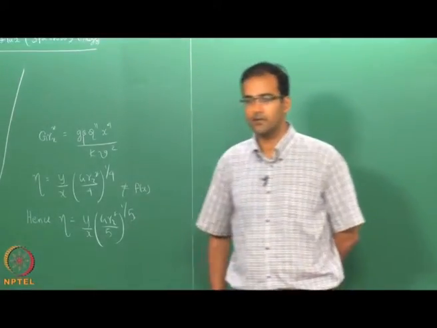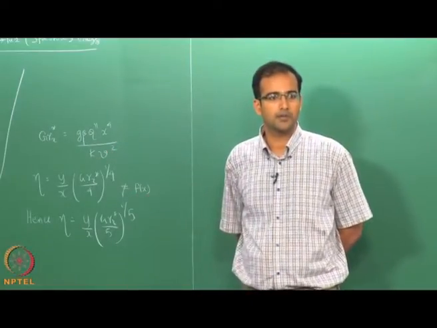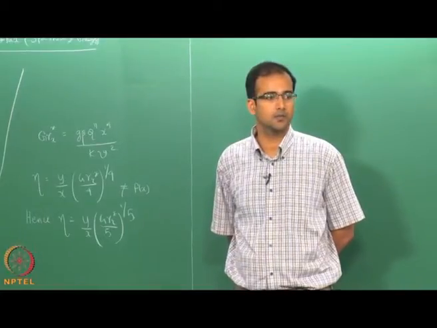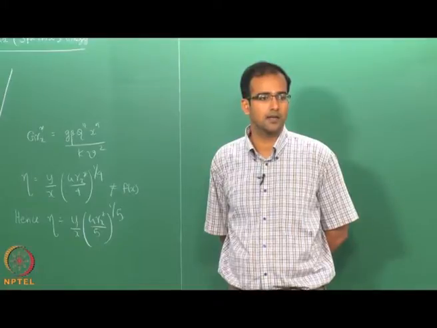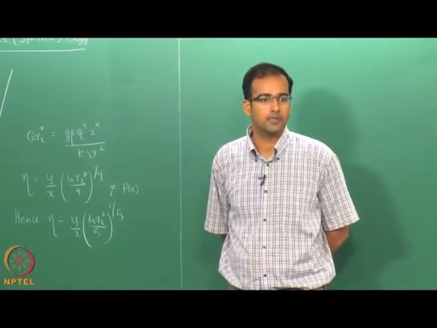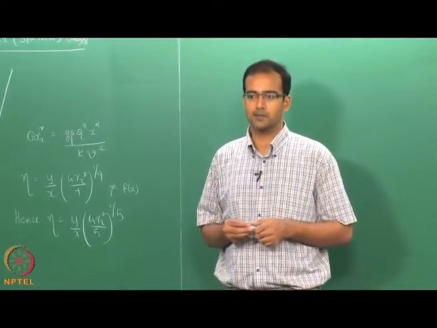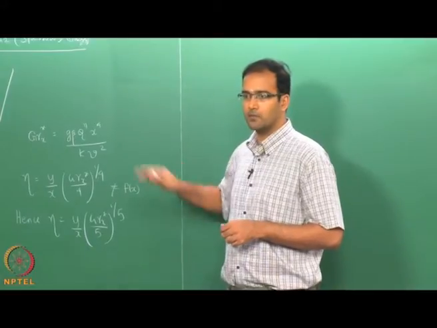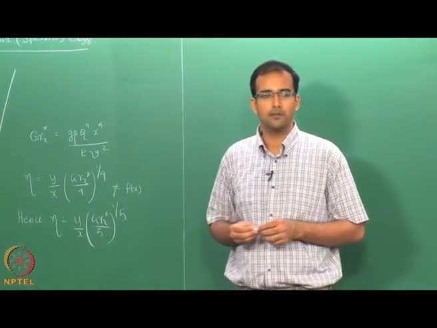Here we typically have to define what is called a modified Grashof number, because we do not know upfront what the temperature difference is going to be in order to calculate the Grashof number based on delta T. Therefore, we do a simple scaling and convert the delta T in terms of heat flux, which is known.